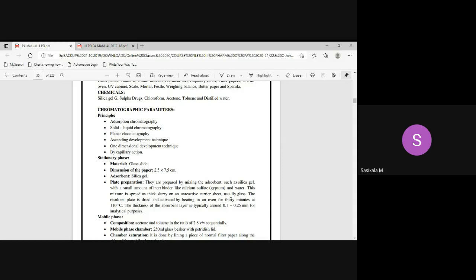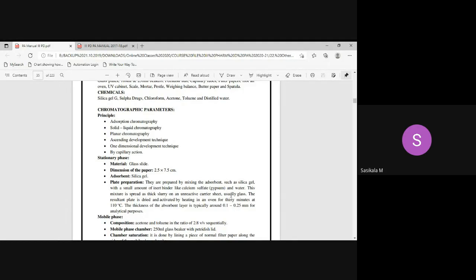somewhat. The pourability will be reduced since silica gel will be absorbing all the water present in it, so that it will be forming a somewhat dry layer. The complete solvent drying takes place once it is activated at 110 degrees Celsius in a hot air oven. You want to keep it around 30 minutes, so the plate will get completely dried.